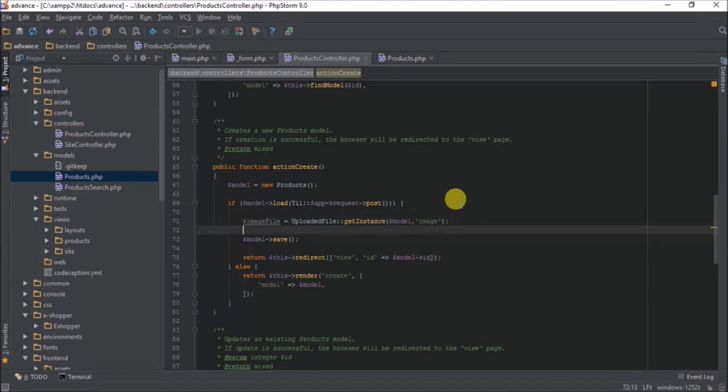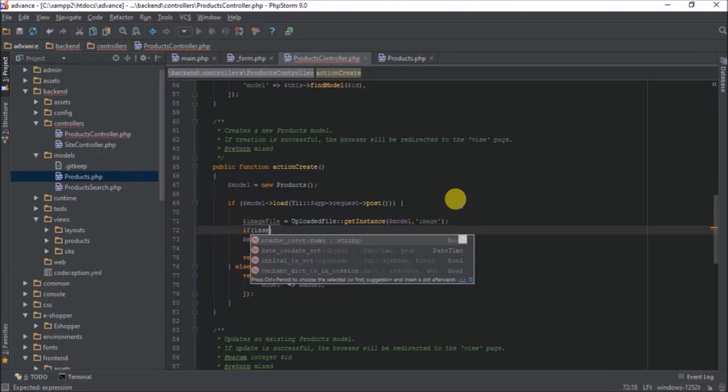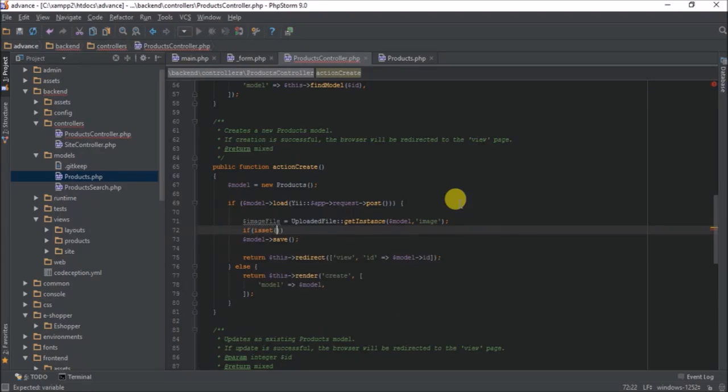Now, to be sure that our image file is uploaded, we need to set a condition that if the size of the image is different, then